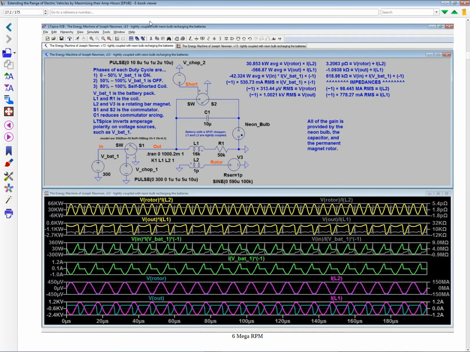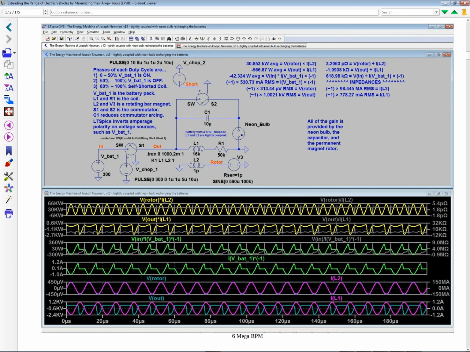And then I did, for comparison, a 6 million RPM. And the difference was night and day. The difference was between it being not over unity at the slower rate of rotation versus being over unity, with just a scant amount of milliamps of current to recharge the batteries. And if I look for it here, squinting my eyes, half an amp is charging the batteries, negative half an amp.